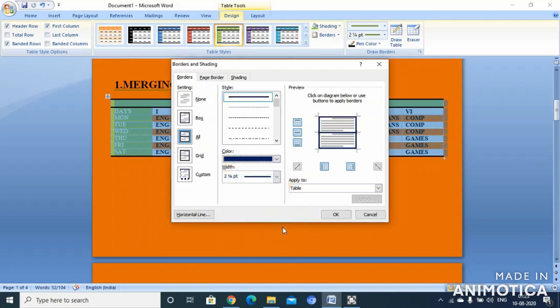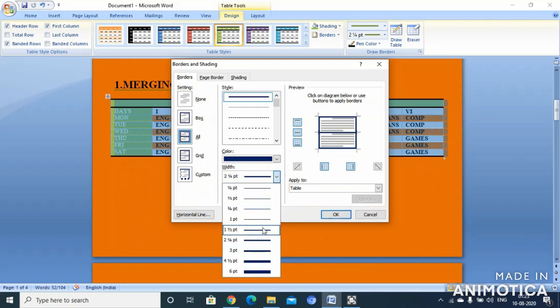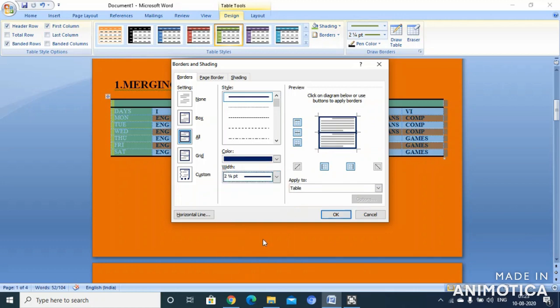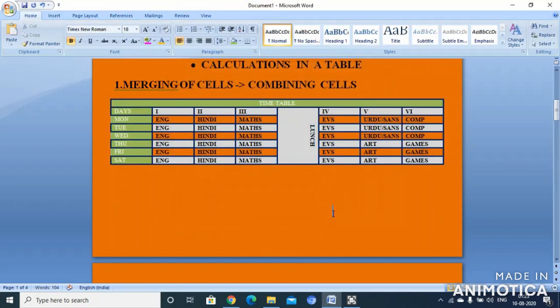This color, suppose you have selected. Width should be how much of the lines. You can select it. Suppose this one I have selected, and I'll simply click on OK, and you will notice the changes in the table. Same way, children, about shading also, it's same way. You can select it with the help of the four-headed arrow. Your table is now selected.